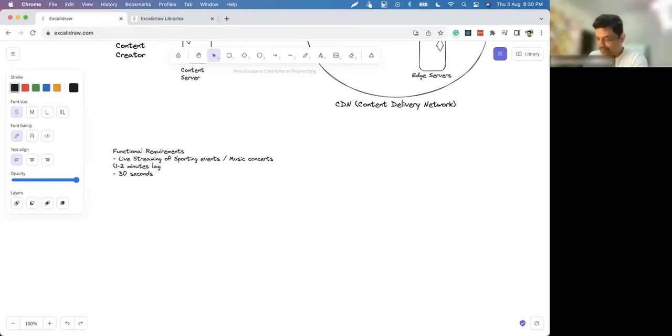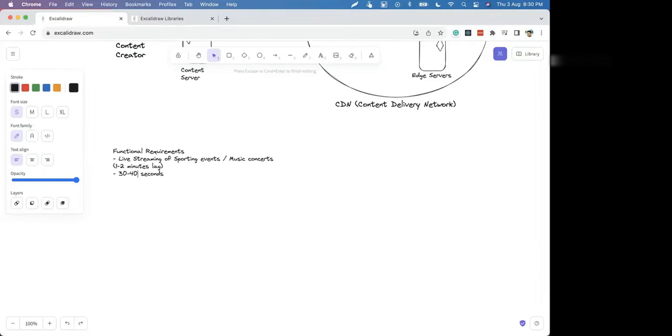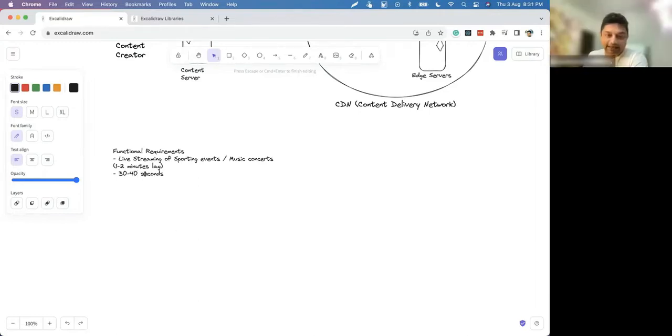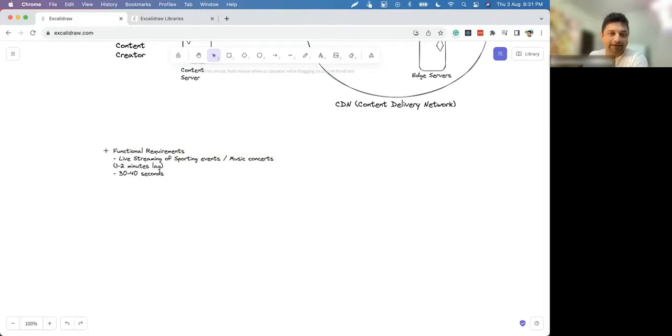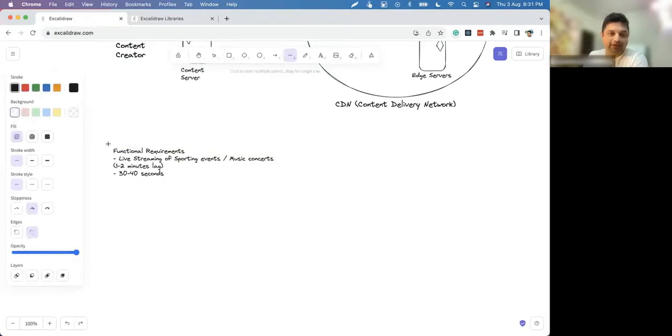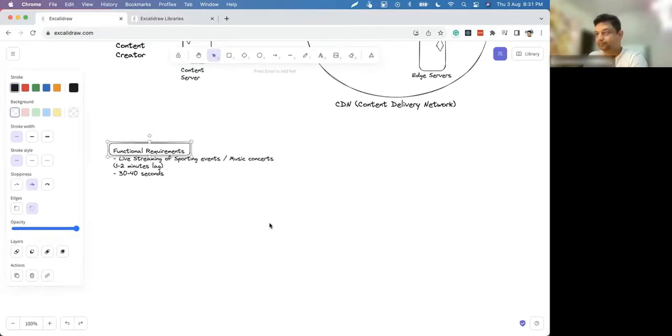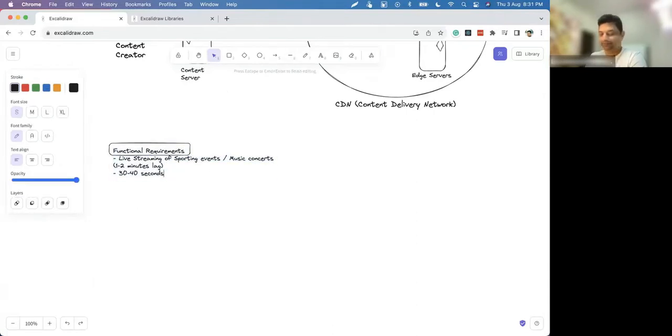Now it is 30 seconds, maybe 30 seconds, 40 seconds. This may vary, but yes, nowadays it's getting lesser and lesser. Lesser is better, right? So I will give you the requirement that please design for, say, 30 seconds lag. So we will be designing that latency will be 30 seconds.